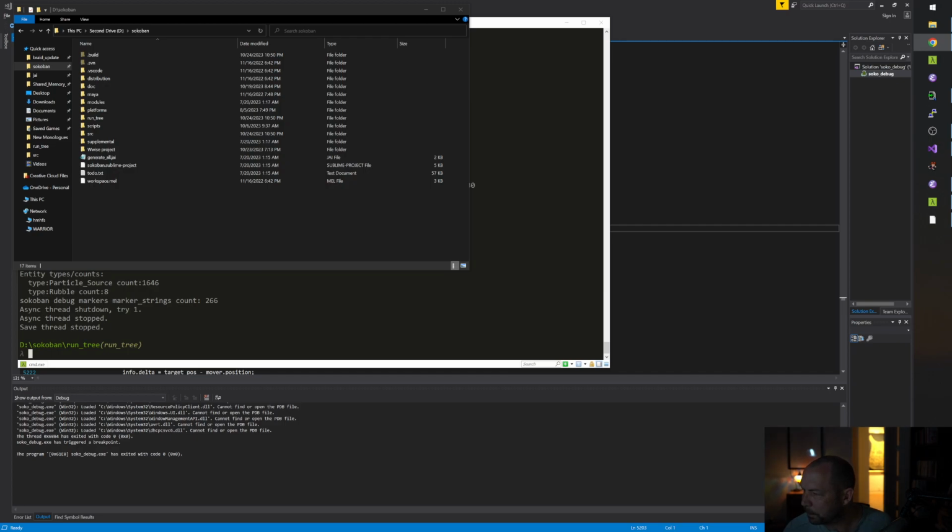I just checked in a code change where this should now work correctly with bouncing off mirrors.